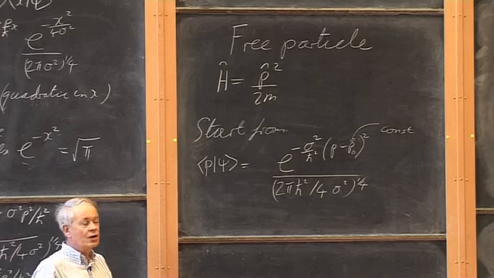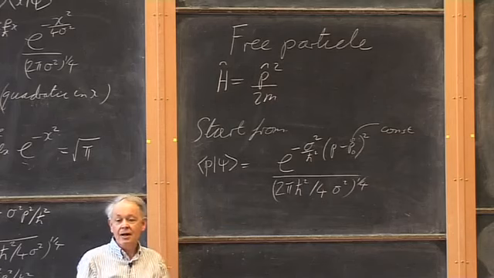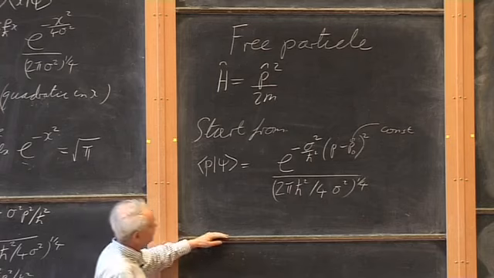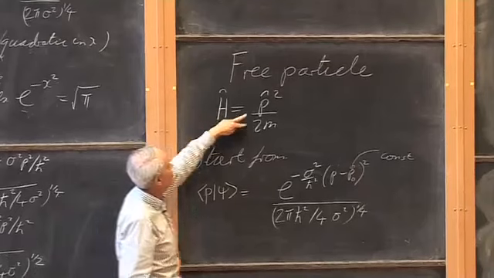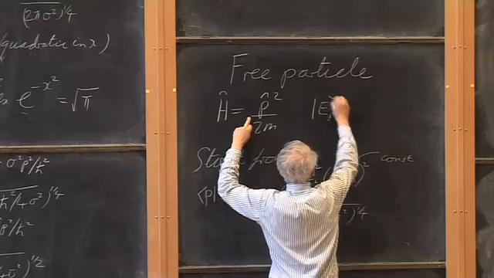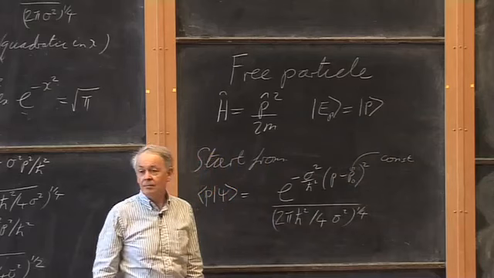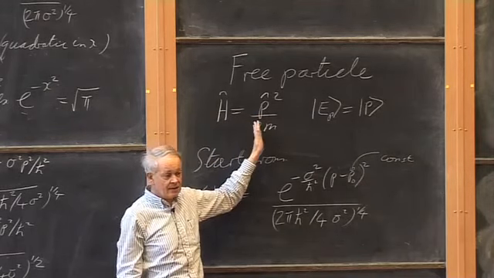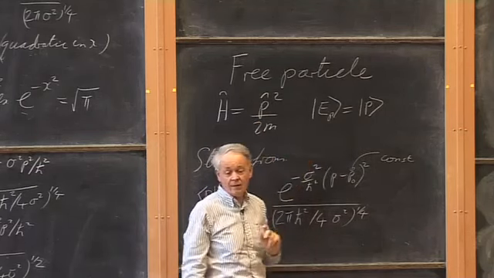Now let's ask ourselves, what is the wave function in real space that corresponds to that at different times, as a function of time? Why can we do this? Because we have a free particle, the Hamiltonian is just p squared over 2m, which means that a state of well-defined energy is going to be a state of well-defined momentum. The Hamiltonian is a function of the momentum, so it has the same eigenstates as the momentum. So a state of well-defined momentum is also an eigenstate of the energy.